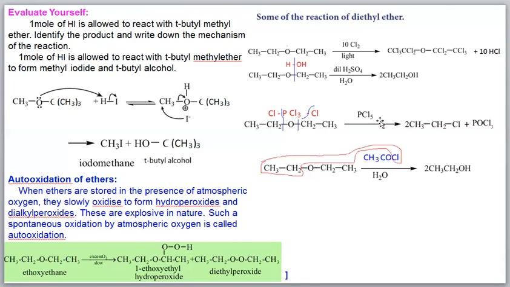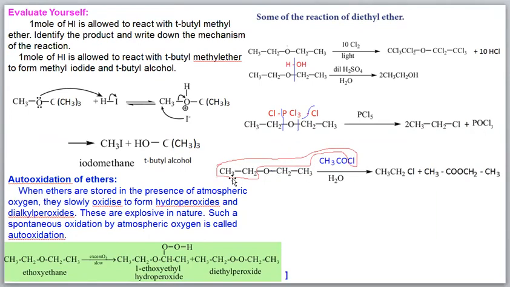Then the PCl5 splits into three parts: PCl3, with one Cl on this side and one Cl on this side. Now what will happen? Here the cleavage is like this. This ethyl and chlorine will combine to form ethyl chloride. This also will give ethyl chloride. This oxygen will join in between the phosphorus and chlorine, so we will get POCl3.